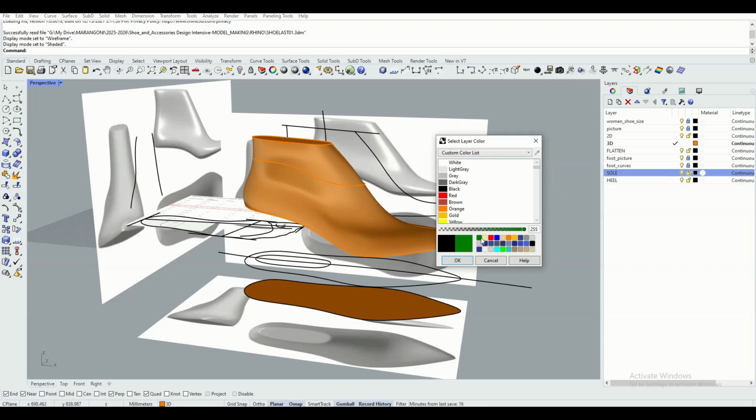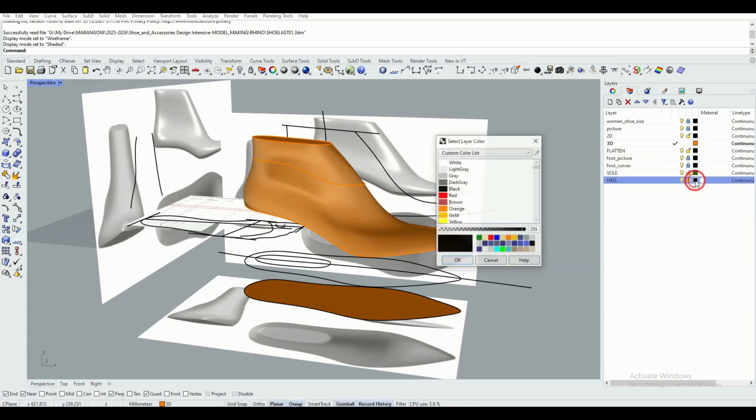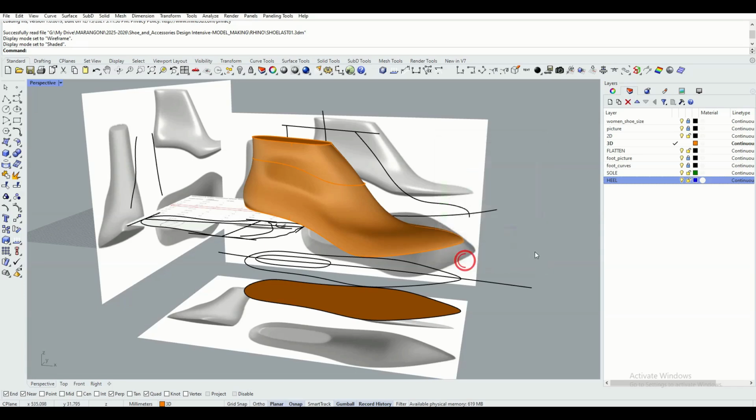You can choose dark green, for instance. We can assign a different color also to the layer named heel, for instance blue.